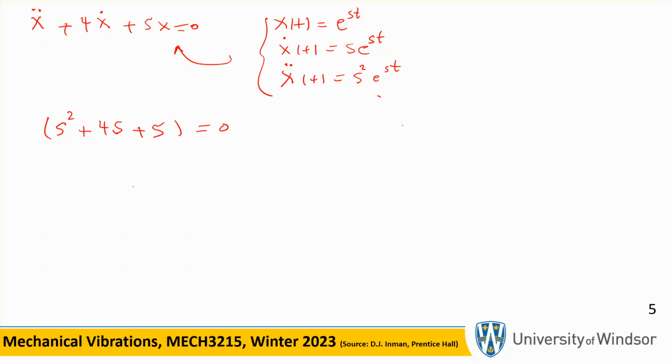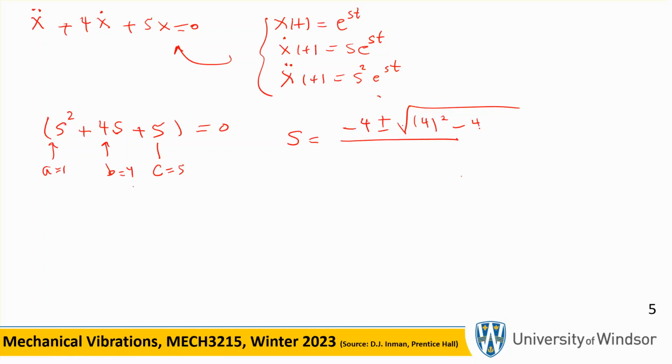The problem is that this does not have any real roots, so I have no choice but to use my quadratic equation. I mean, you can factor it if you want, but I'd rather use the quadratic equation. So there is your A is 1, there is your B, and there is your C. So B is 4 and C is 5. So minus B, so it's going to be minus 4 plus or minus square root of 4 squared minus 4 times A, which is 1, times C, which is 5,